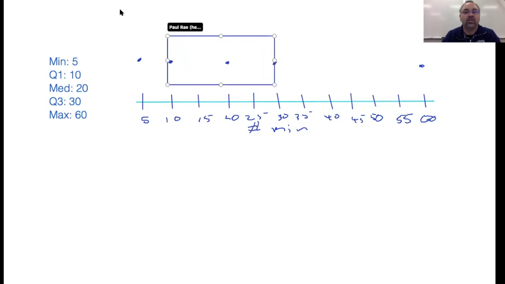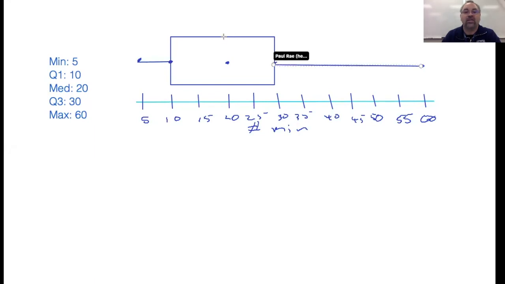That's the box. For the box and whisker plot, this needs to move forward just a smidge. There we go. The whiskers connect the box up to the min and to the max. And then the last thing is in the middle of the box, we draw a vertical line through our median. There we go. And this is a box and whisker plot for the commute time for commuters in North